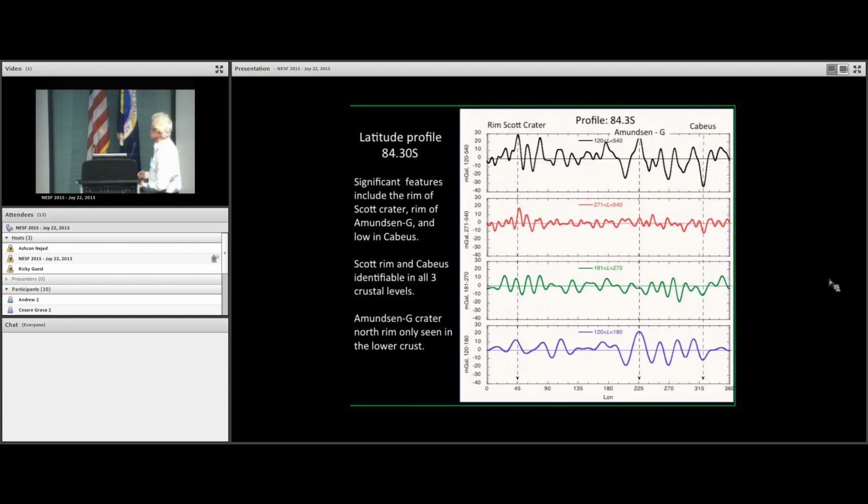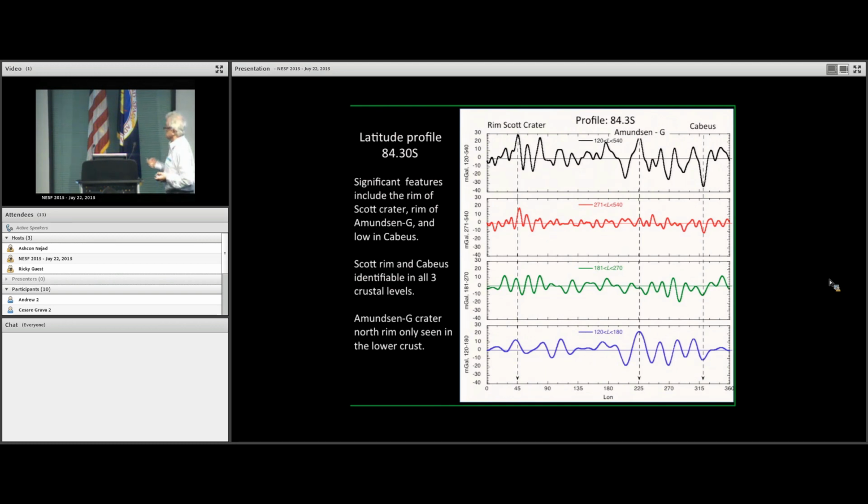So the next chart just looks at the other ones, where here we're looking at the Scott crater, and you can see the rim showing all the way up through the crust from top to bottom. Okay, what is Amundsen, which is that big crater on the right, you see a big effect, a total effect. But you don't see anything to speak of in the upper crust. You don't see anything in the middle crust, but you do see it in the lower crust. So these features are showing up at different levels within the crust, and Cabeus is the only one, as a